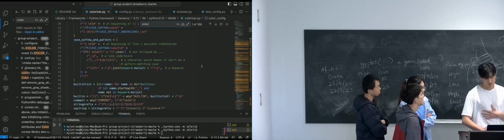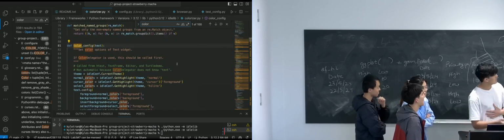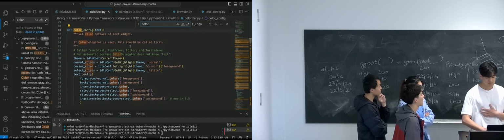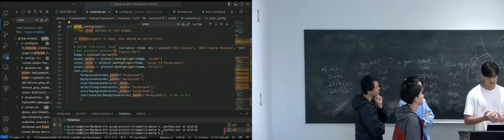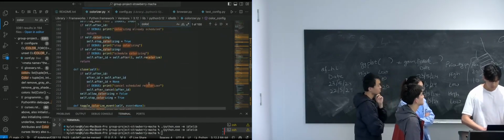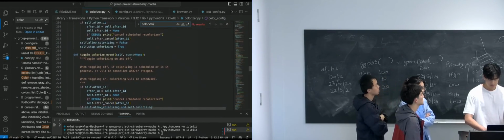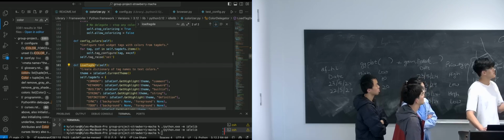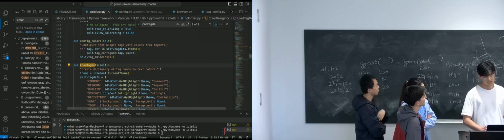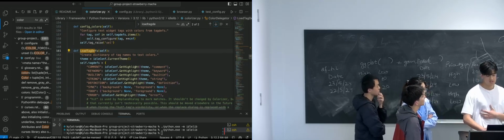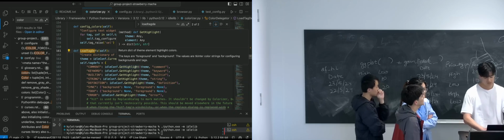But going through the first few lines, you can see, looking at the documentation already provided, oh, this one sets the color option of the text widget, which kind of sounds like what we're looking for. And if you look a little bit more at load tag def, it also has similar documentation where it stores the tag names of the text color. And if you see a common thing between these two methods I showed, they use this method called get highlight. So we could go through this